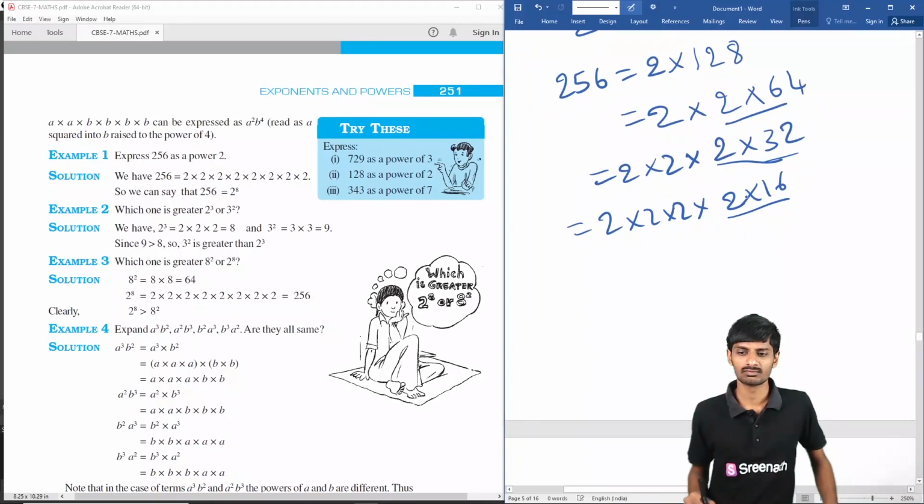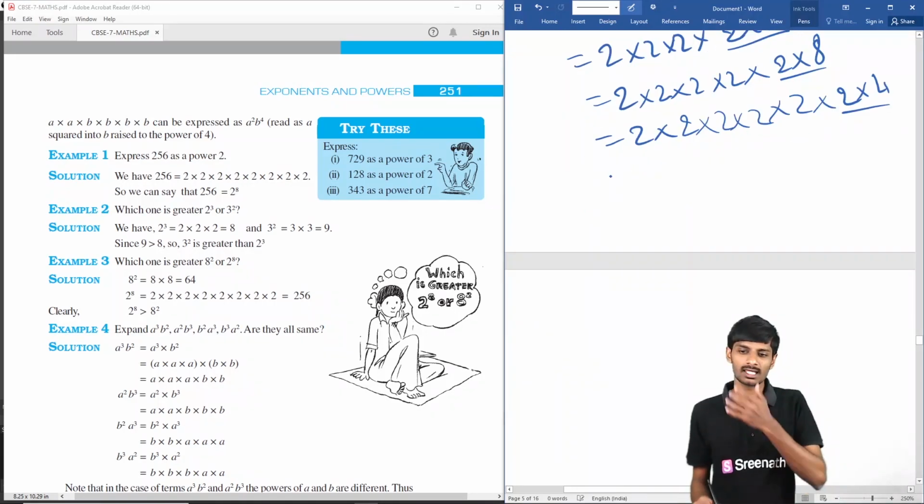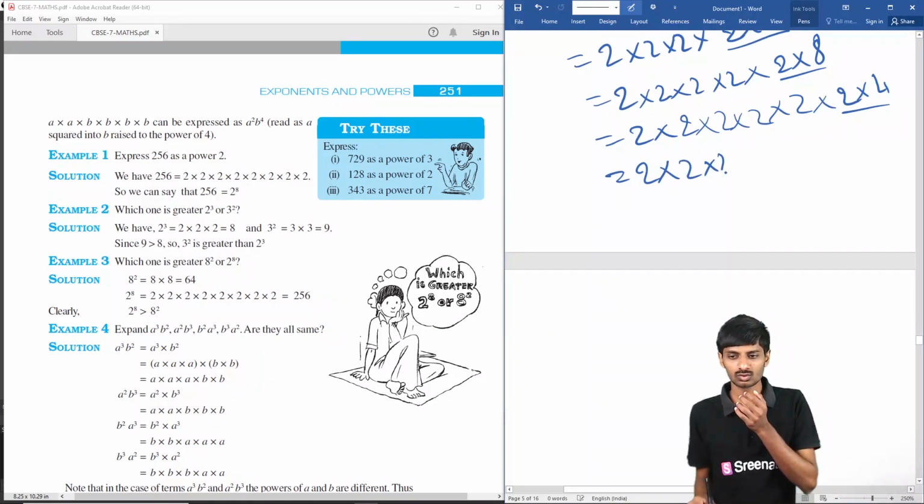2 into 2 into 2 into 2, 4 2's have gone. Next is 2 into 8. And again, if you want to write 2 into 2, already 4 2's and 5 2's have come in. Next 2 into 4. The next thing is 2 into 2 into 2 into 2, 4 2's, 5 2's, 6 2's, and next